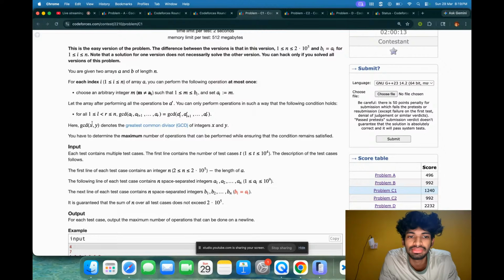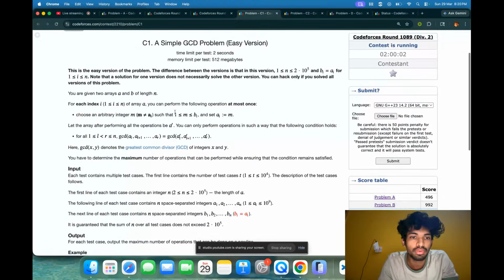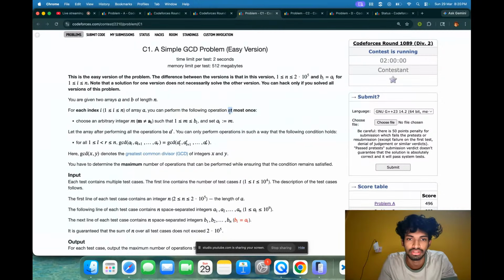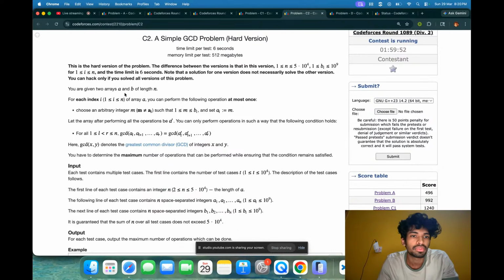You have to determine the maximum number of operations that can be performed while ensuring that the condition remains satisfied. Maximum number of operations. You can at max do n operations, right? You want maximum number of operations. If I see this one, you're given two arrays, for each index i you can perform the operation at most once. m not equal to ai, then set ai equals to m. Let array